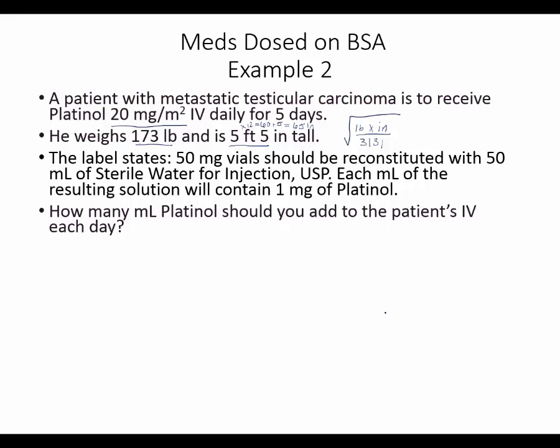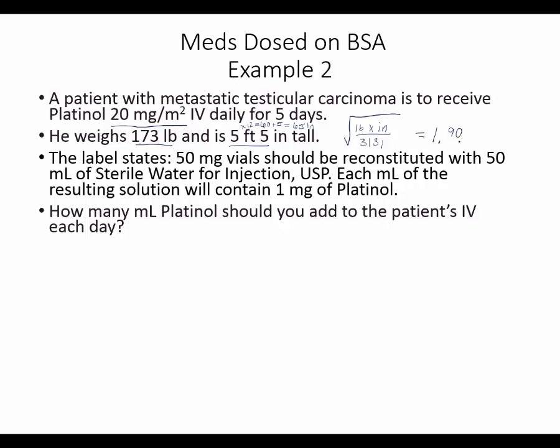So in my calculator, the first thing I'll do is type the square root button. Then I'll type 173 times 65 divided by 3131. Then I can end parentheses if I want to, and finally hit equals. When I do that math, I come up with an answer of 1.90,